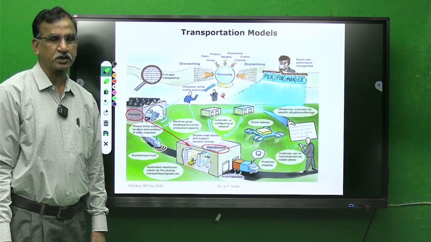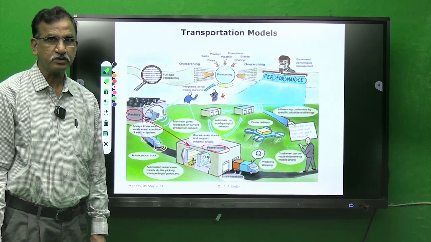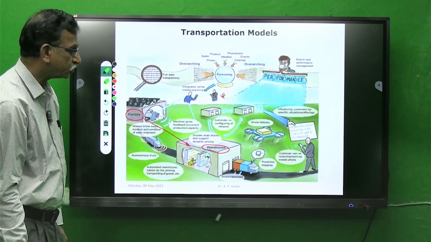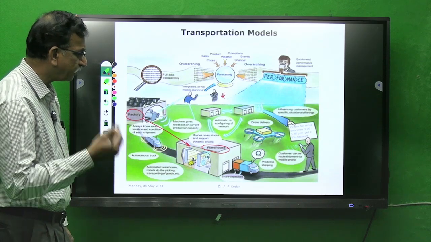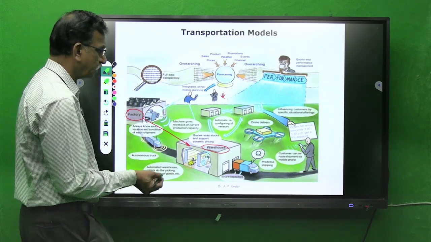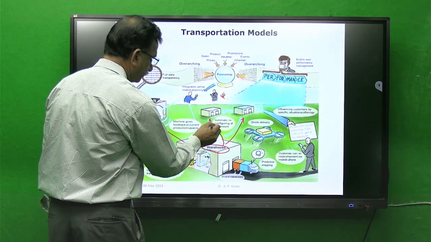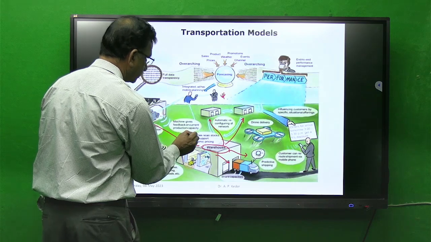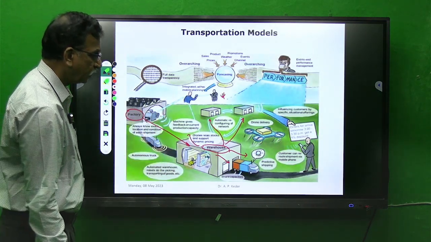Big warehouses are there which are owned by some personalities. Then from warehouses it goes to retailers, and you can say here so many means are given for how that particular component is dispatched. And then from this point,